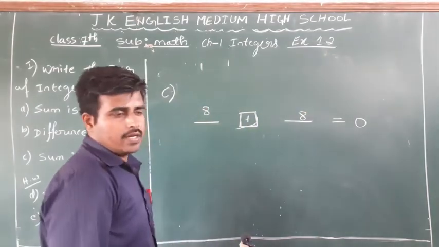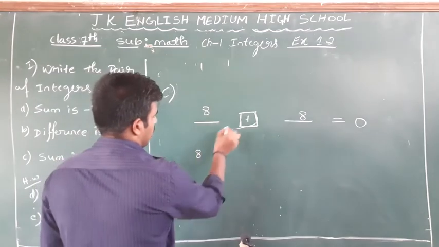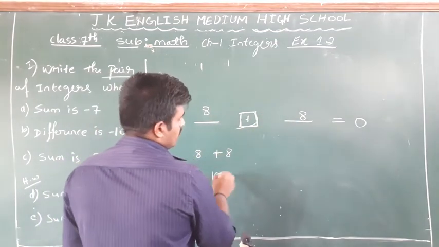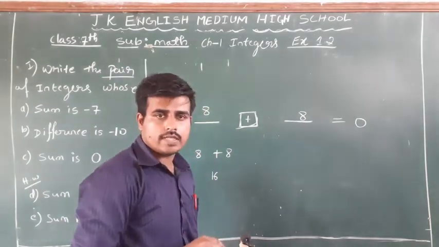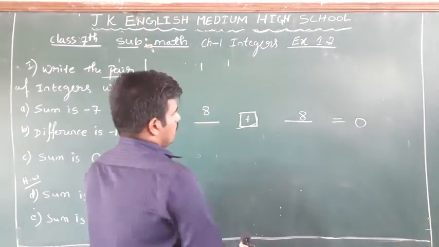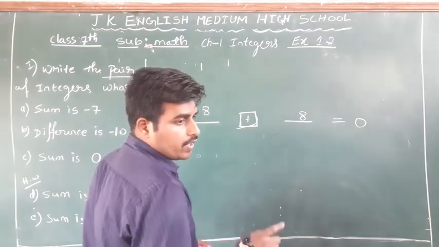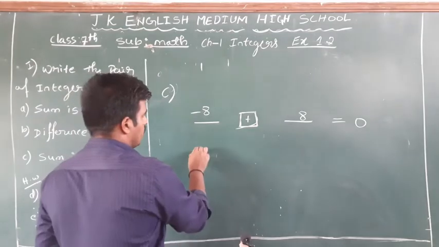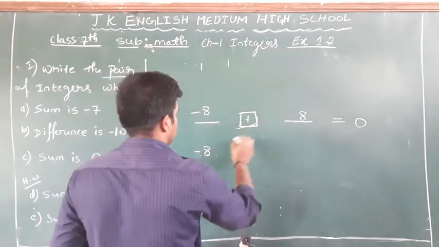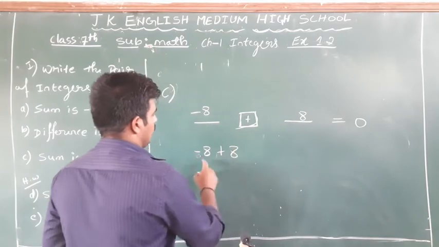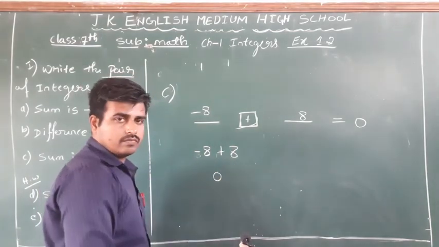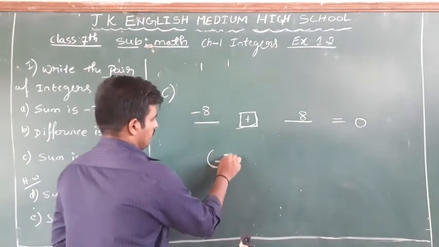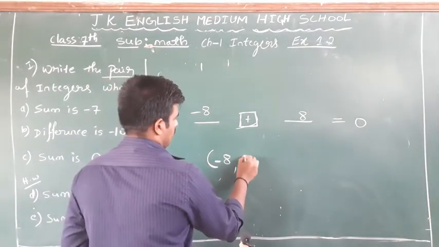On both sides 8. But if you solve, what will happen? Plus into plus, 8 will come. Answer is going to become 16. But which answer do I want? I want 0. For this, you have to make one number negative. Let's make this one negative. Then now solve minus 8 plus into plus, plus 8 will also come. Minus 8 plus 8 will give you 0. Therefore, the pair of numbers is minus 8 comma plus 8.